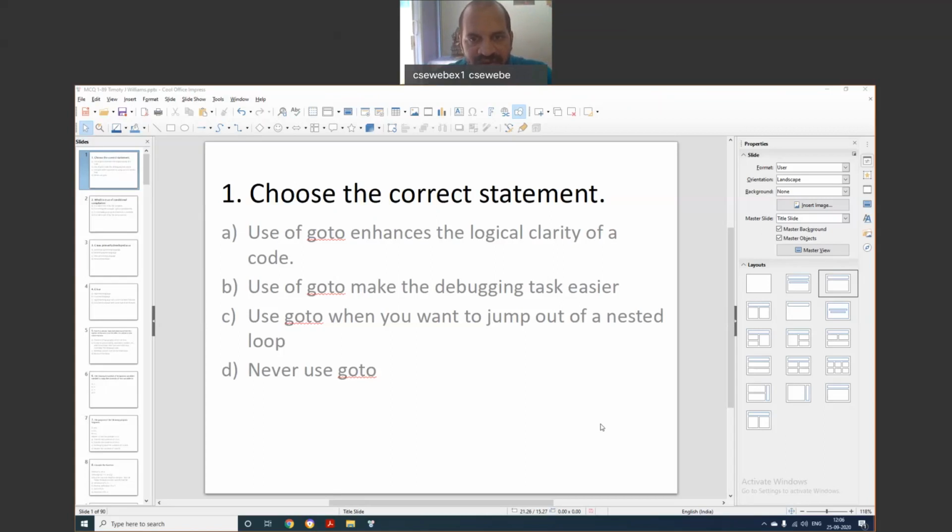If you use goto directly, whenever you come to that place, it will send us to wherever the label is. So you cannot use goto directly. If you are going down, the code will always be skipped. If you are going up, it will become an infinite loop.